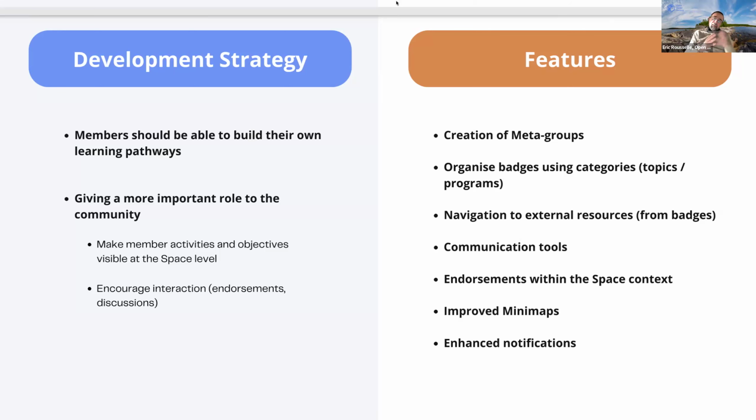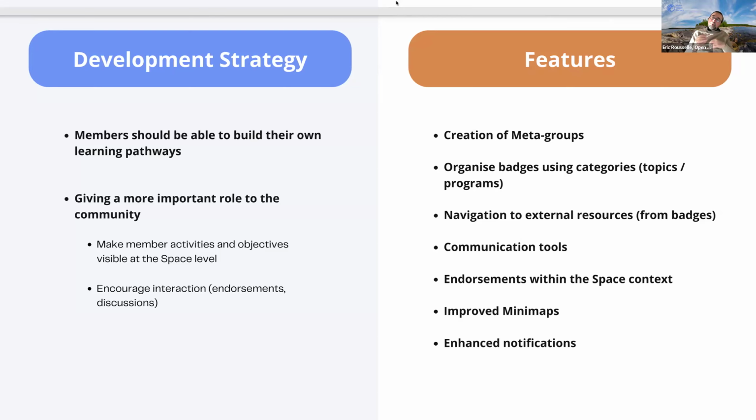Communication tools, I already explained that we have some plans about that, and endorsement in the space context. We will also improve minimaps. We have got very good feedback and development suggestions about the minimap, so we will push in this direction.